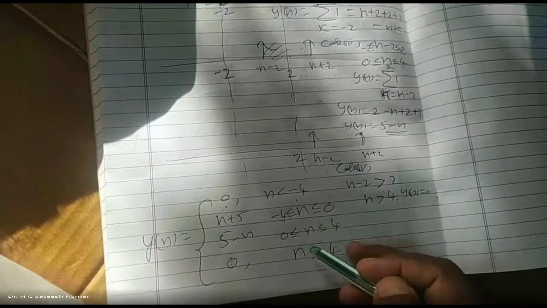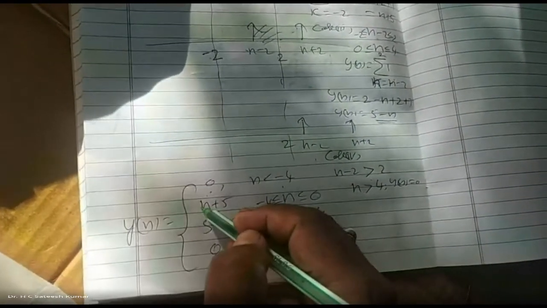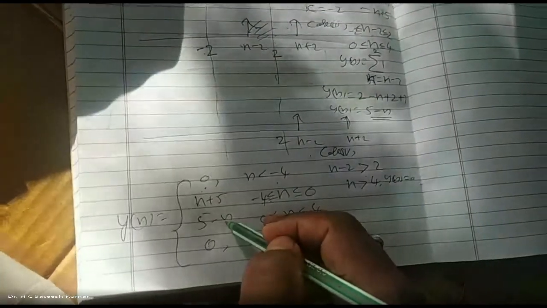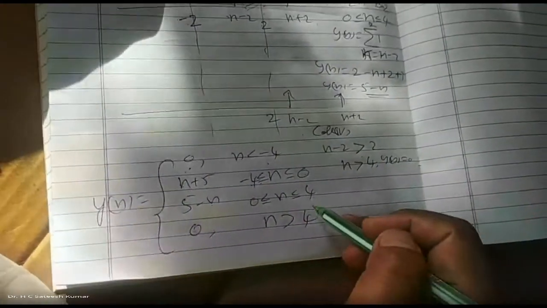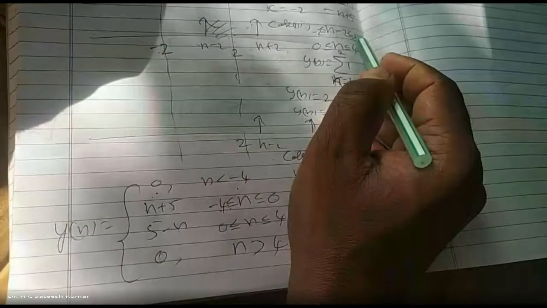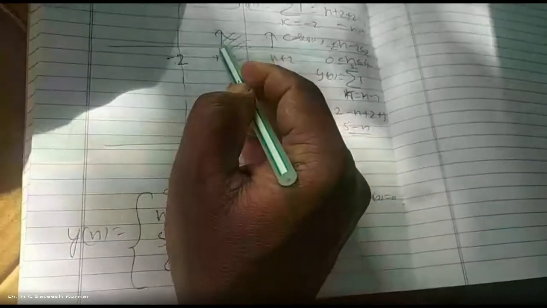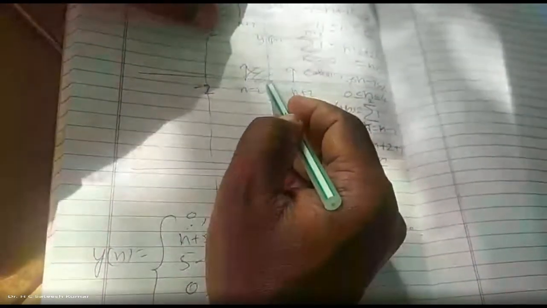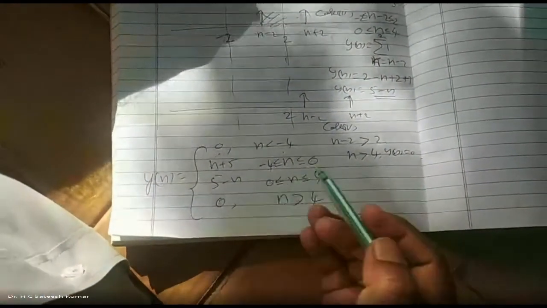Now, next, n is equal to 0. Okay, 5 you will get. n is equal to 0, you will get 5. n is equal to 4, 5 minus 4, 1. Okay. n is equal to 4 means what? We check it here. n minus 2 is equal to 2, or n is equal to 4. When n minus 2 is equal to 2 means what? Only the last element, n minus 2. This element is just below this one. Only one element will be there. Answer will be 1. Therefore, n is equal to 4 means 5 minus 4, 1 you will get.